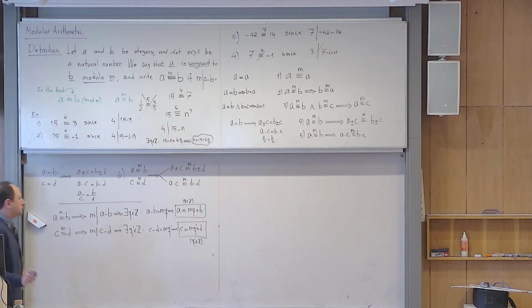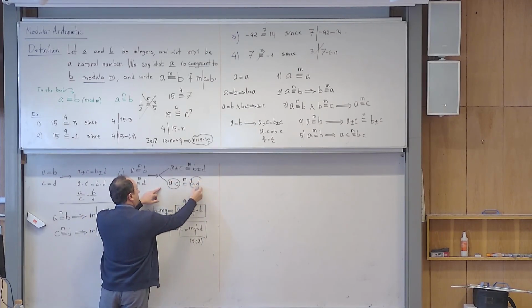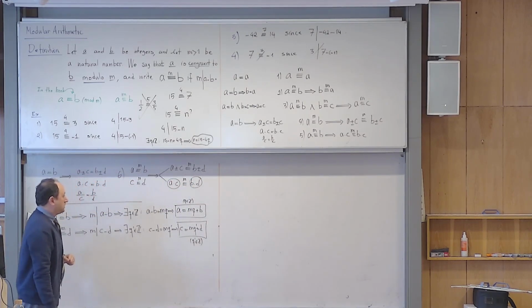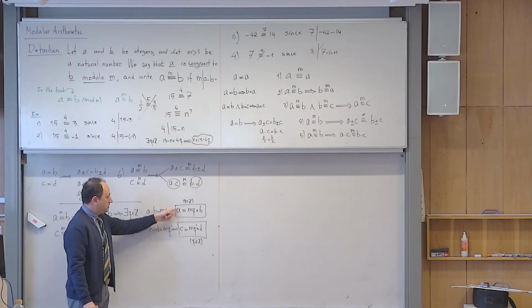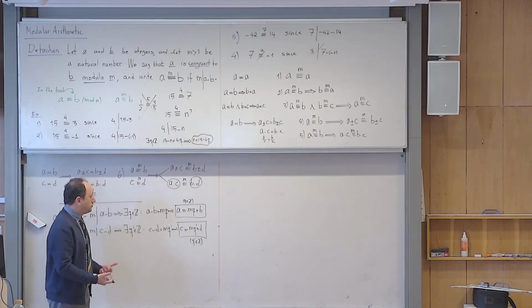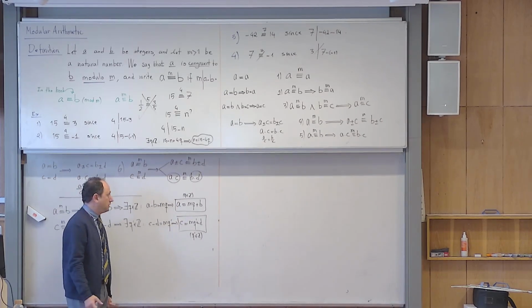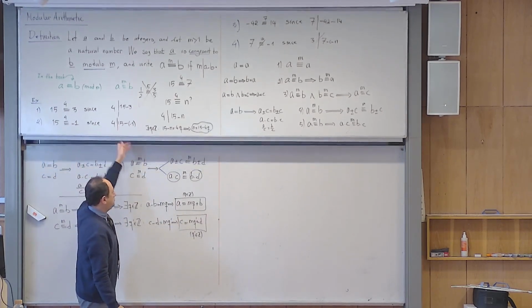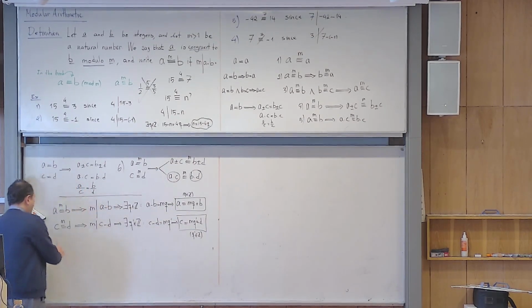Okay, what I want to do now, I want to know something about AC and BD. This might motivate you to multiply them side by side because you need to know something about AC. And the only information that I have in my hand is this one and that one. So I have to use it in some way. The most natural way to use it is probably to multiply them because you need them, yes? So therefore,